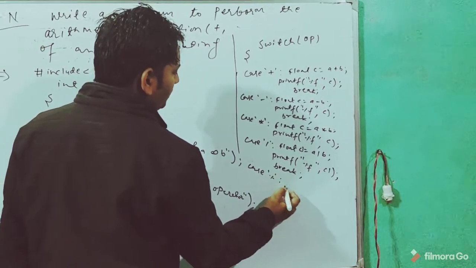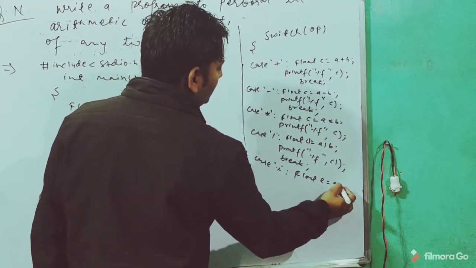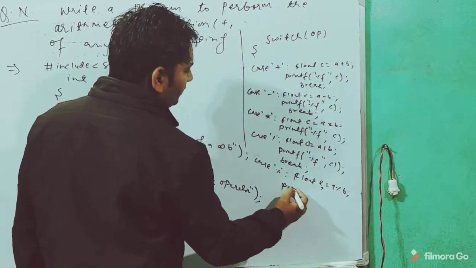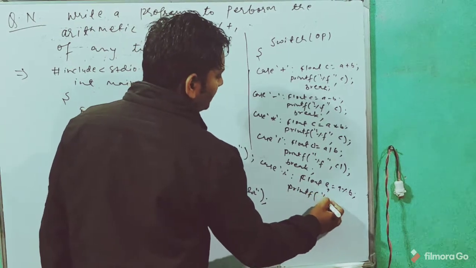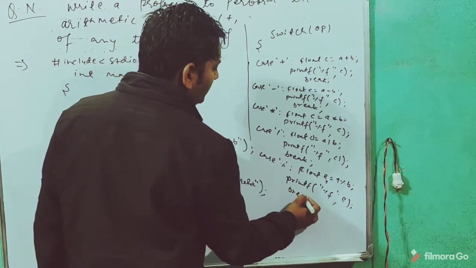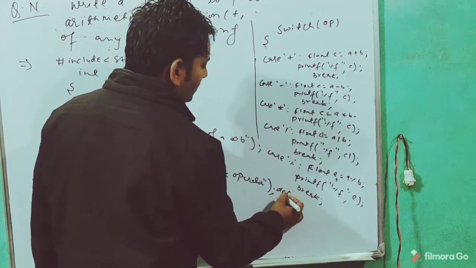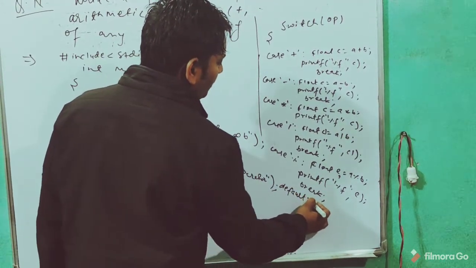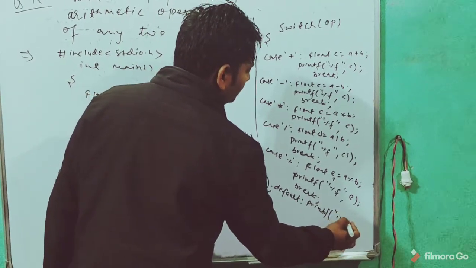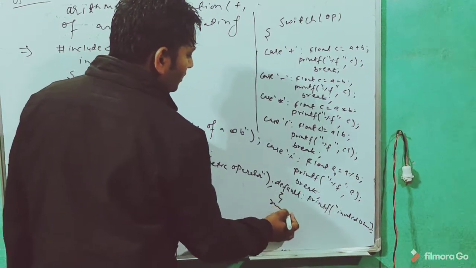Similarly we can do the modulus operator also, using the percentage sign. So float e equals a modulus b. If you want different variables, we can give different variables here. Just print that value: printf %f with e, then break. At last, if no condition is matched, there is a default section, where we can print the message invalid operation. Then you close this and close the bracket, then return 0.